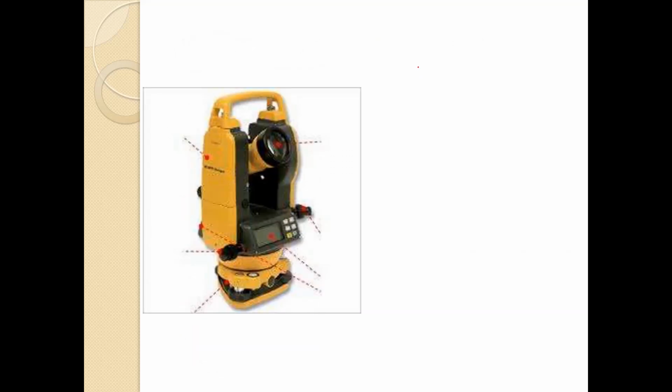So it is the total station. It is somewhat similar to the theodolite, but it does all the work electronically, because we have the vertical circle or the spindle disc over here, the horizontal disc here, and the central bubble tube over here. The only thing is we have this screen over here.